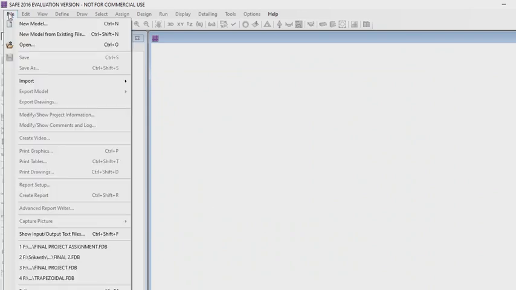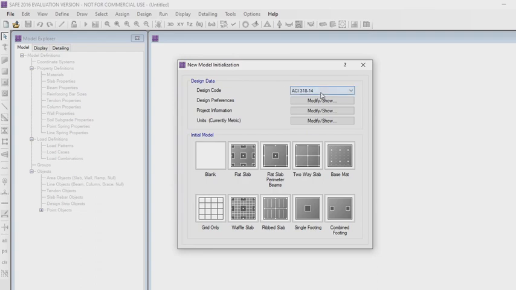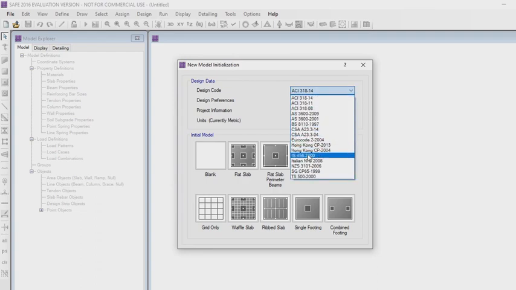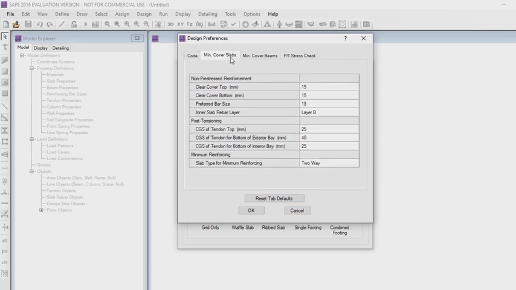Go to the file menu and click on new model. The design code is IS 456 2000. In design preferences, change the cover values top and bottom, and the preferred bar size is 22 mm.